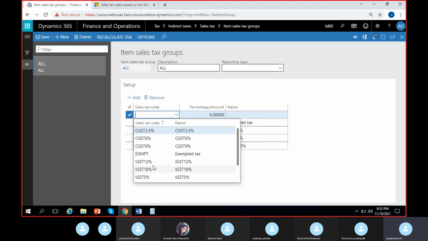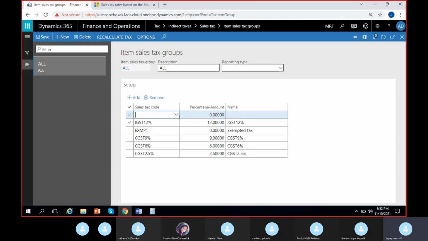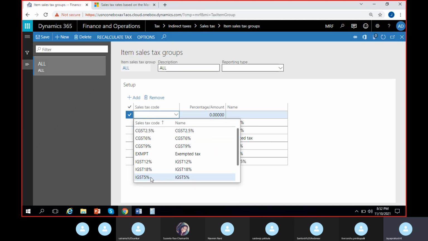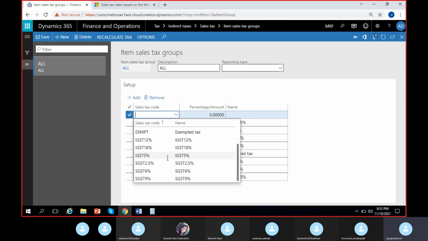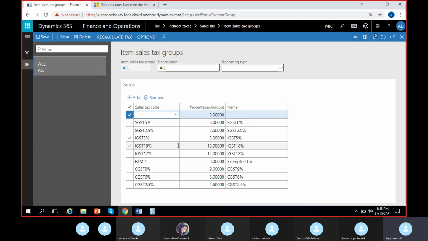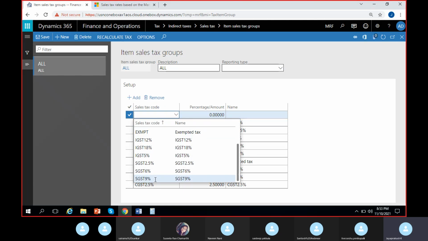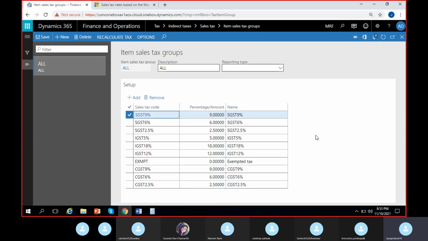I will add all the existing tax codes here: 18% IGST, 15%, then the SGST codes, SGST 6% and SGST 9%. I just added all of them here. Refresh it. See here. So whenever I add all of them to the all group, the item sales tax group as all,